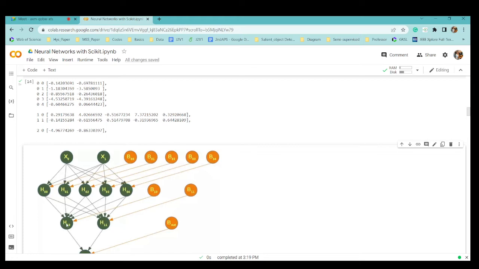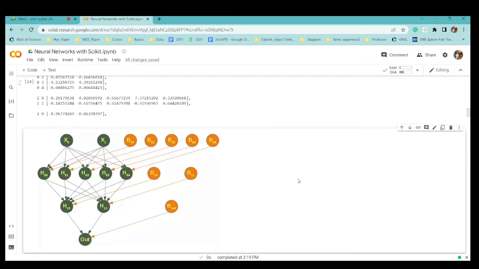If you talk about H10, which has 5 values, it is taking values from these 5 inputs: H00, 01, 02, 03, 04. That is why H10 has 5 values. Similarly, H11 has 5 values. And if you go down, H20, which is your output, again has two values. Why? Because its inputs are H10 and H11. I hope I'm clear.